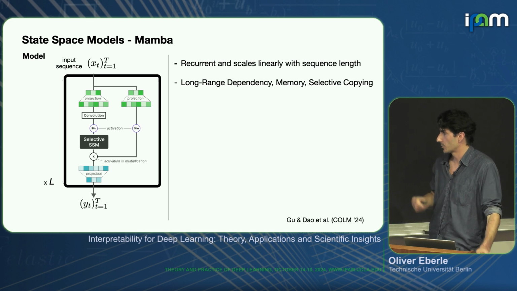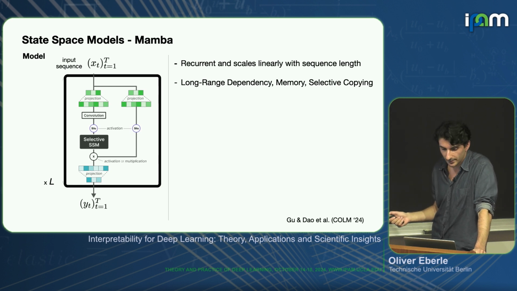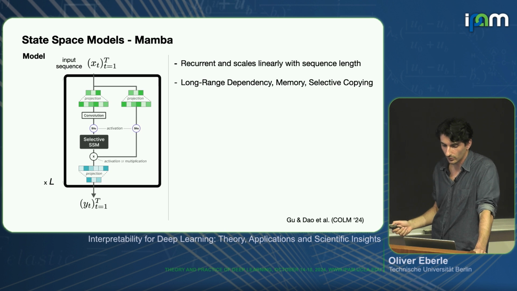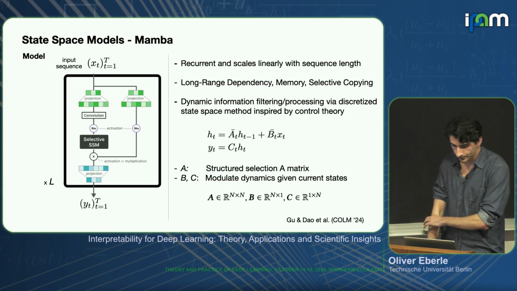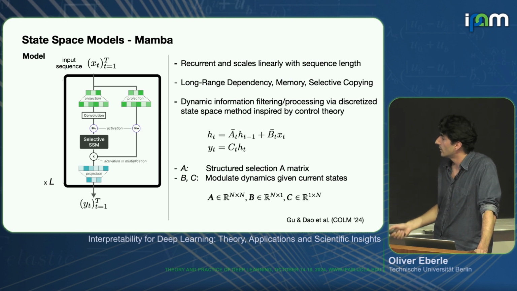And I think the architecture is still somewhat similar to transformers because you have this block structure. So you have these computation blocks that are made of several computations. And then you just stack these blocks together, and then you solve your standard sequence modeling tasks. So the internal dynamics of the state space models look something like this. It's inspired by control theory. So you have this dynamic information processing in dependence of these transition matrices A, B, and C. And you have a two-step state space model and a hidden state H and your input X that are being encoded.